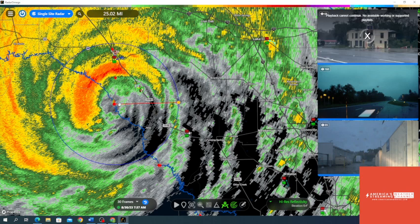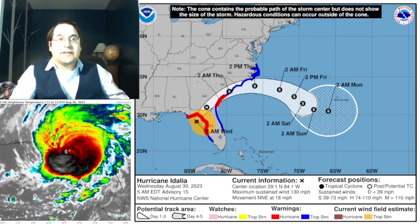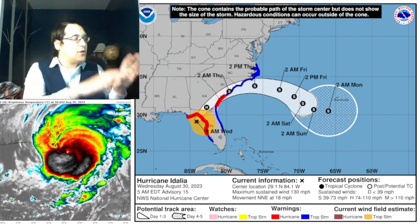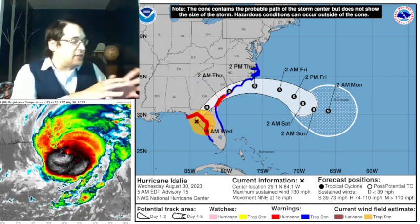It's a very quiet part of the storm. So with that in mind, you can see a very compact hurricane nonetheless. And as I mentioned, when these hurricanes do intensify rapidly, they tend to more or less become a bit more condensed. So right now, Idalia is making landfall